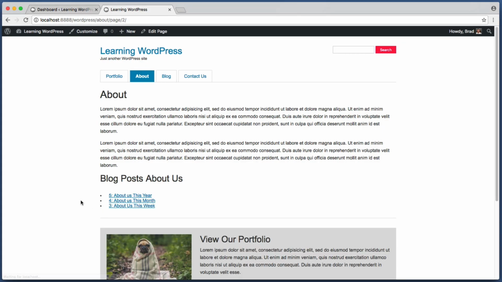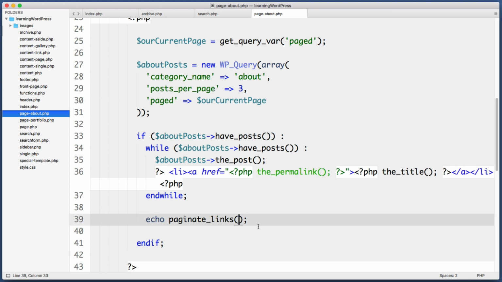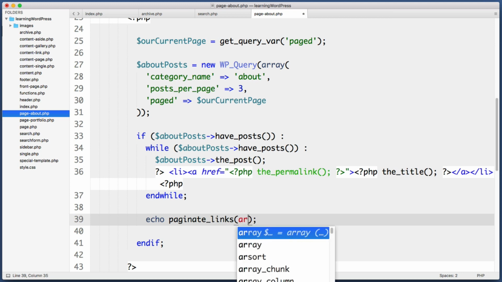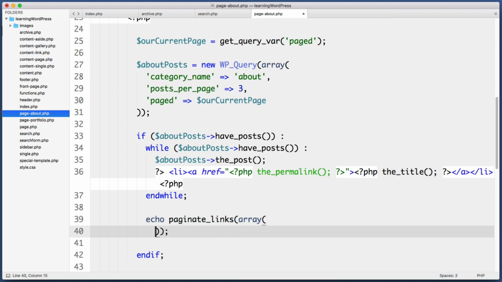Well, as you might expect, that function doesn't work with custom queries out of the box, but it's very simple to fix that. So within these parentheses, we can just provide an array of options. And this function, just like the next posts link, needs to know the maximum number of pages that this query